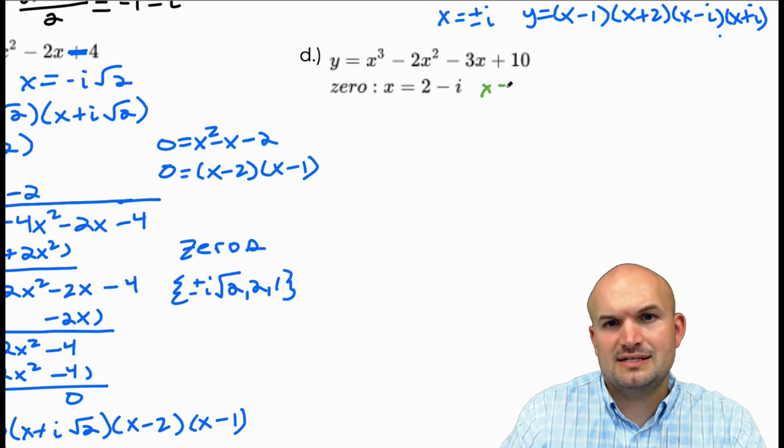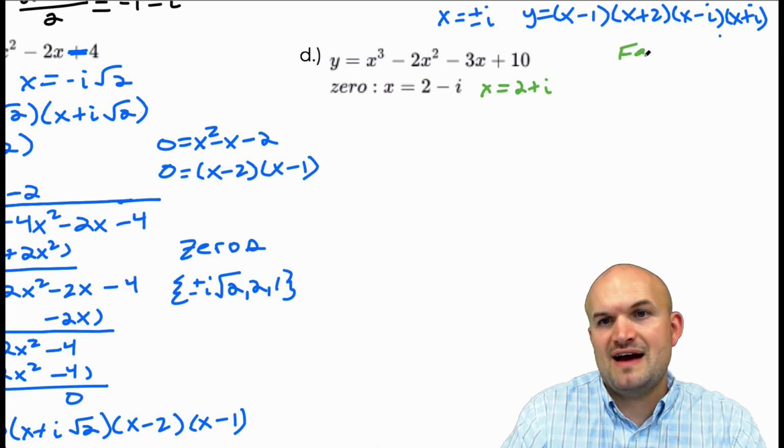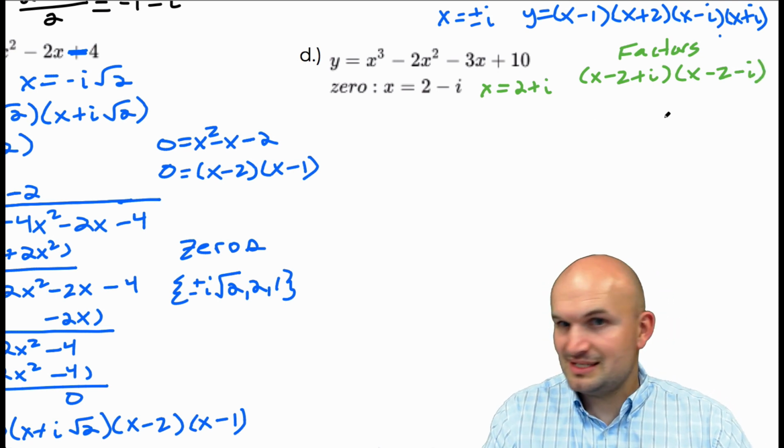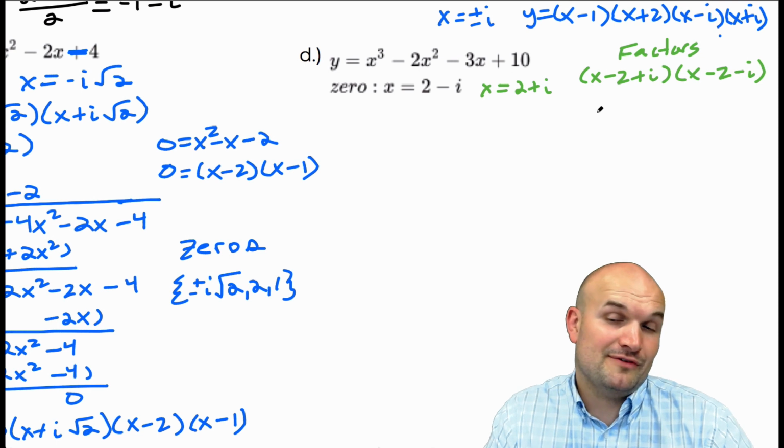Okay, so x equals 2 plus i. Therefore, we can say the factors I now have are x minus (2 plus i), and then x minus (2 minus i). Now again, this one isn't as fun to multiply out, but if you remember my